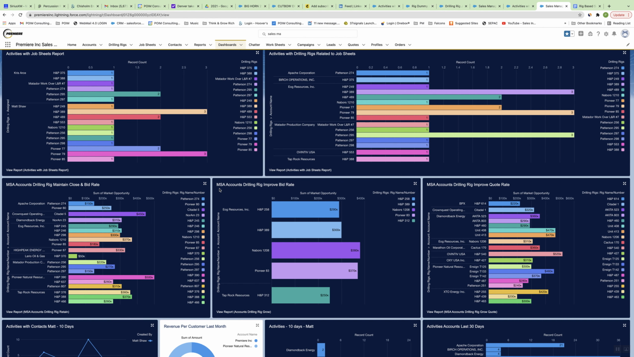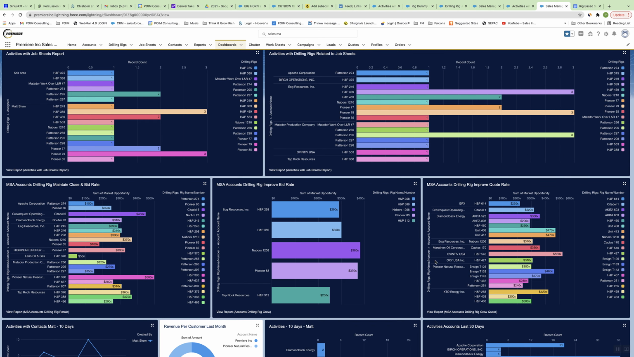The other is where we're doing a lot of bids, where we want to improve our close rates. I have to update this. We want to improve our close rates, so we're bidding a lot, but we want to improve our close rates with these particular accounts. And the last one is we want to improve our quote rates. These guys are drilling a lot, we have MSA contracts with them, and we want to improve the rate at which we're actually quoting with this particular